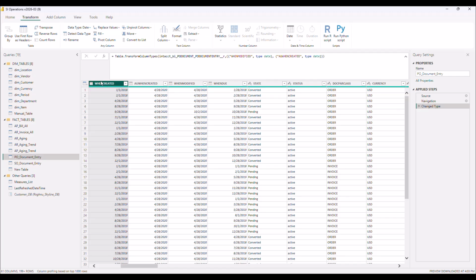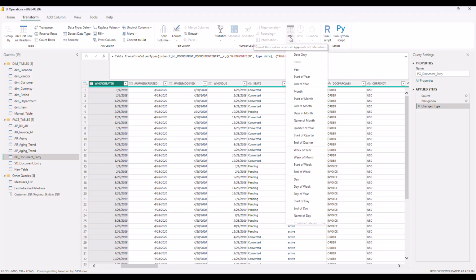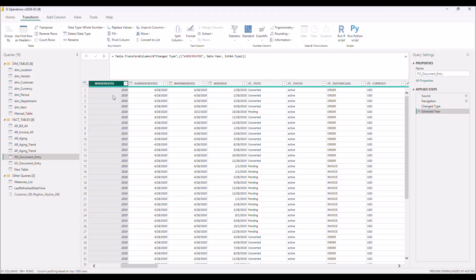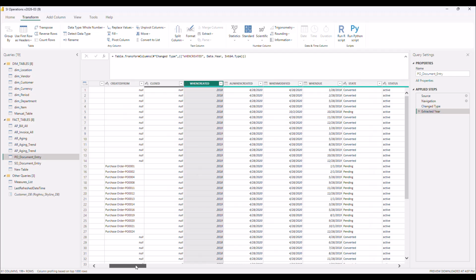I want to create a column that is the year of the when created column. So we should have 2018, 2019, and so on. So if I click date here and year, it's going to